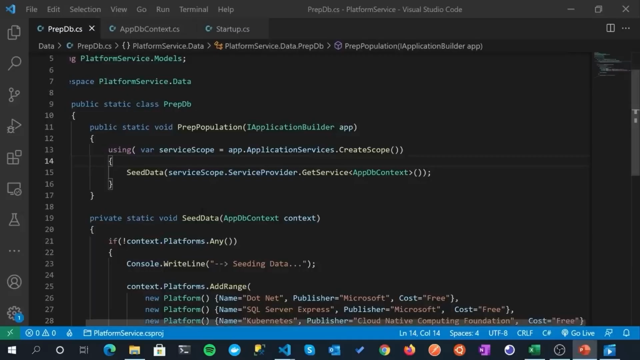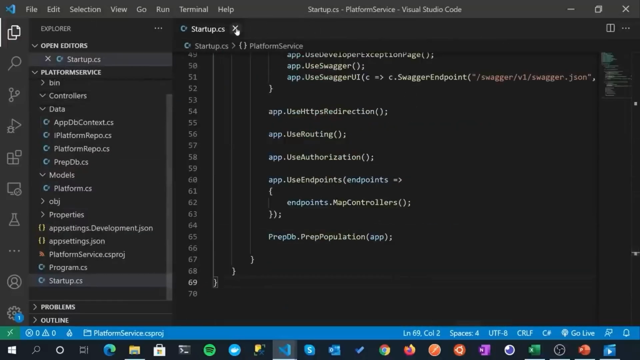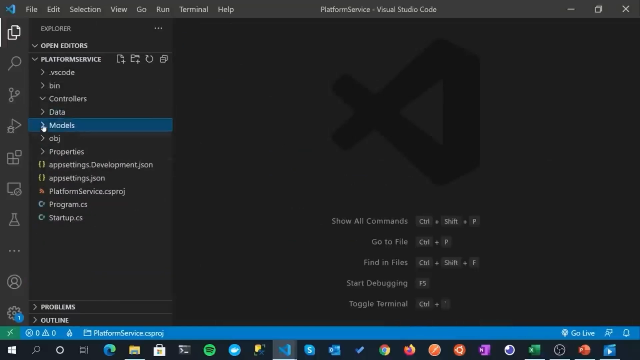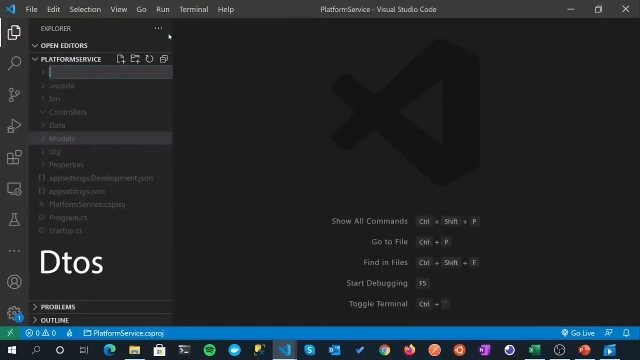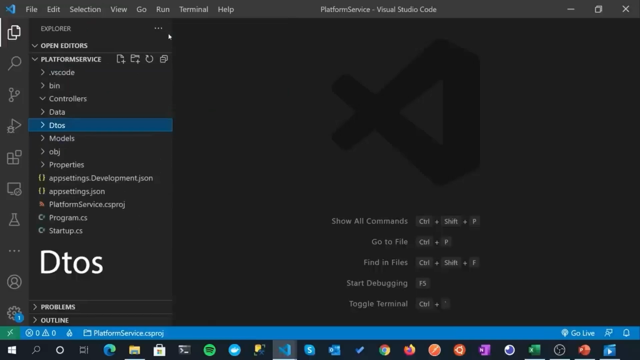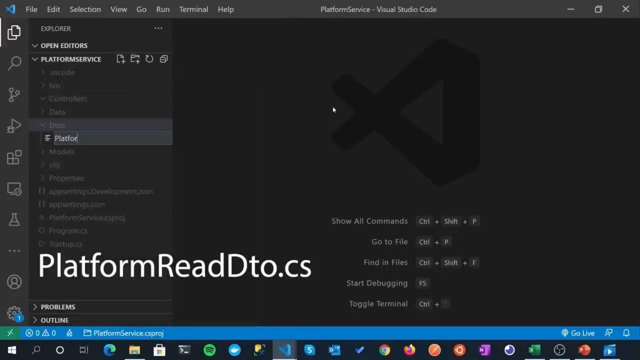All right, so back over in our application, make sure you've closed down any running services or servers. I'm going to press Control B to bring back up our Directory Explorer, and I'm just going to close down these windows here to make it a bit nicer. And we are going to create yet another folder, so right click, new folder, and we're going to call this DTOs. And we're going to create our first DTO, new file, and I'm going to call this platform read